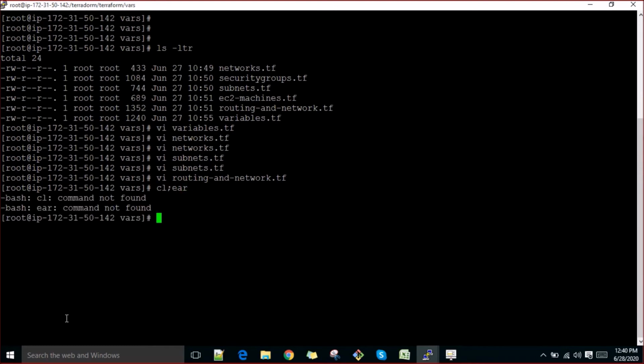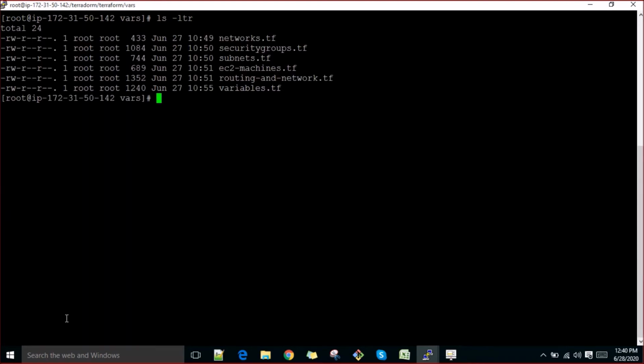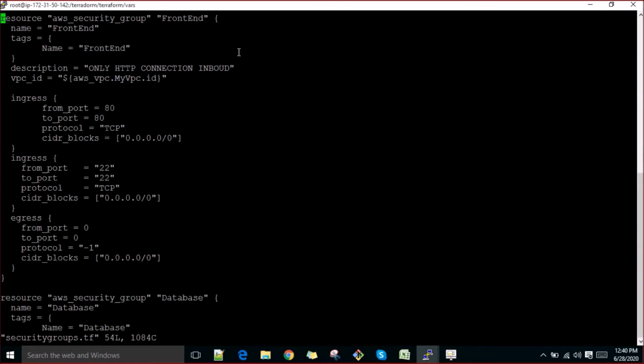Right, so you need to look at it very deeply and understand it again. Once I'm done with this, next I am creating some security groups. You can variabilize it more too. In the security group, the resource name is AWS security group frontend, and the name is frontend, tag is frontend 2. Description is which VPC ID you will create it in. This is my VPC.id,